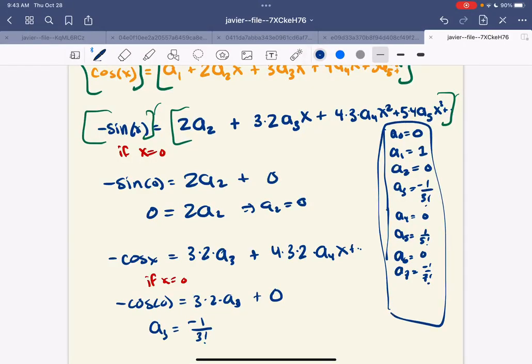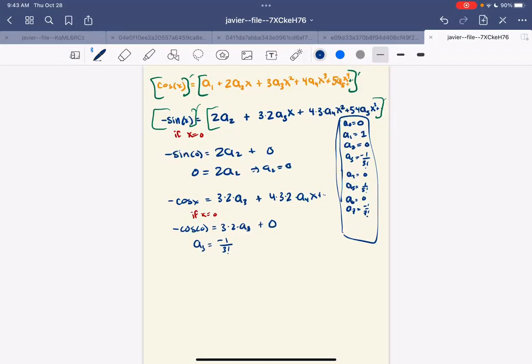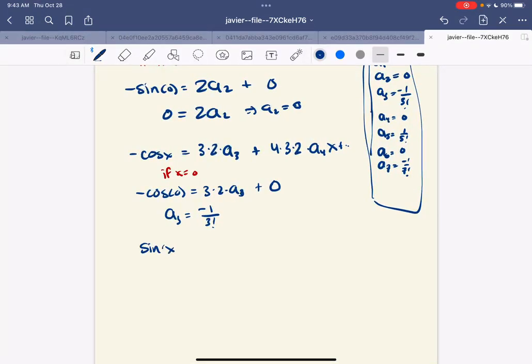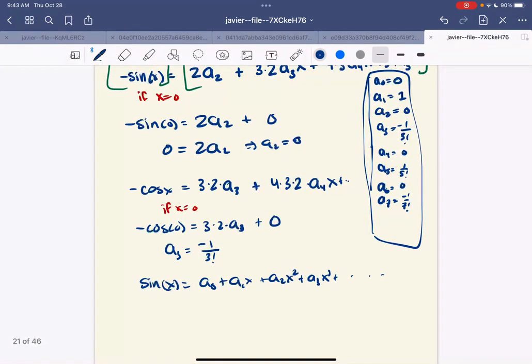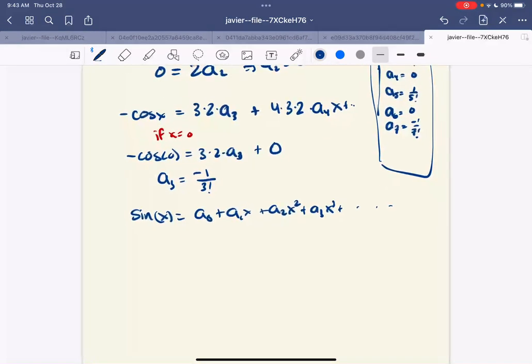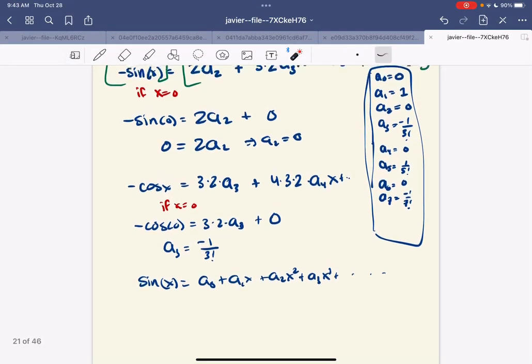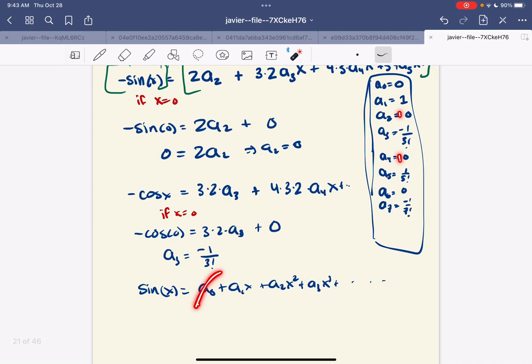And in doing this, boom, I've got the exact DNA for sine of x. We set out saying that sine of x, we had the wishful thinking that we could write it as a polynomial as a naught plus a1x plus a2x squared plus a3x to the third. This unthinkable absurdity, right? Sine is a polynomial, and in fact, we're getting some success here. We're actually solving all of the coefficients, and look at all the even ones vanish. That one vanishes, that one vanishes. So this is 0, 0, 0. All the even ones vanish clearly because sine is an odd function. Duh. So only the odd ones survive,